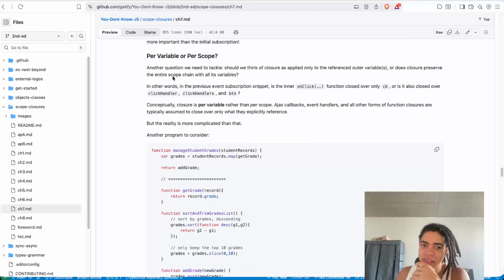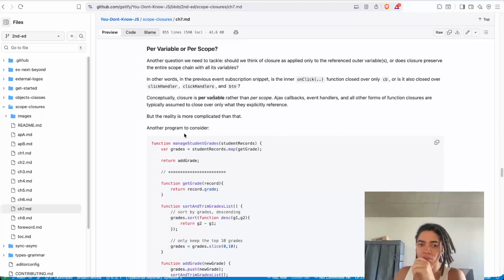And the question is, hey, is this per variable or per scope? Well, conceptually, closures are per variable rather than per scope. Ajax callbacks and event handlers and all other forms of function closures are typically assumed to close over only what they explicitly reference. But the reality is more complicated than that. Another problem to consider,